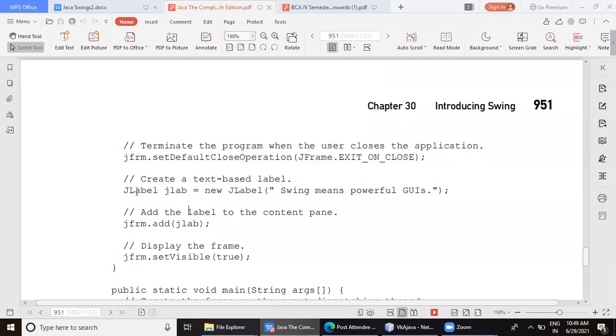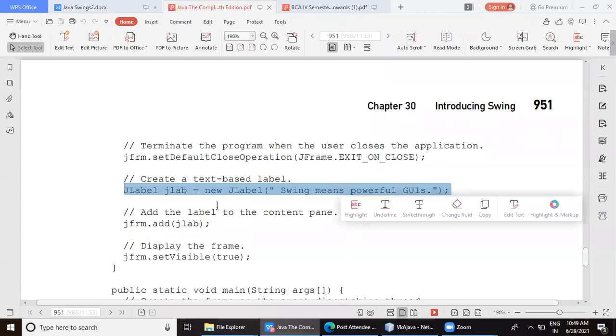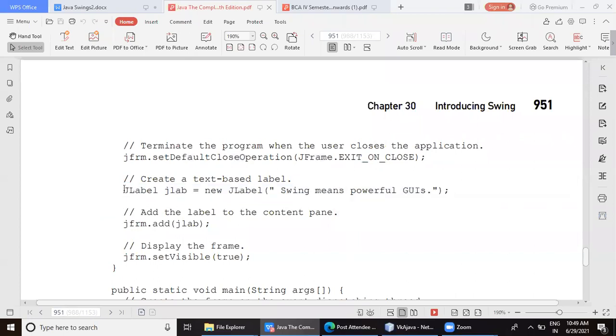Now I am trying to create a label. We have already created a normal label in our previous programs. What is the change here? We are creating a JLabel. JLabel is similar to Label, but it is a Swing component. So we started with JLabel, where J and L are both uppercase, and the name of my label is jlab.